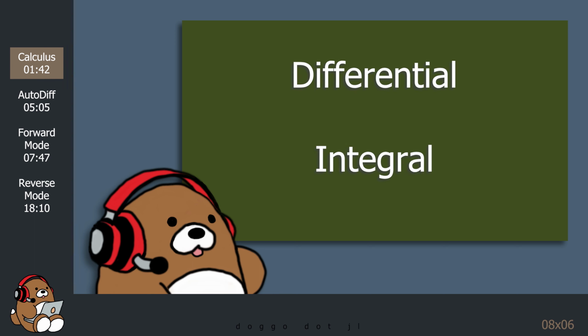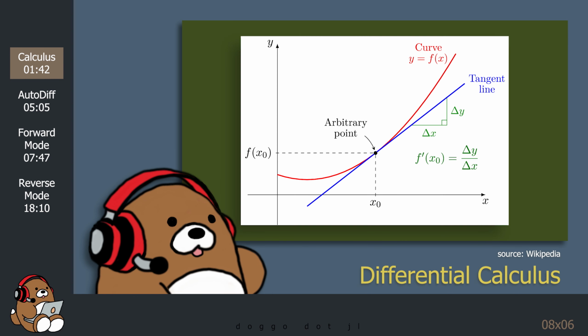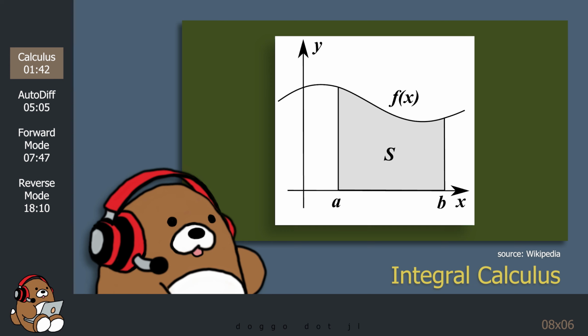There are two main branches of modern calculus, known as differential calculus and integral calculus. I'll be covering differential calculus in this tutorial, and I'll cover integral calculus in the next tutorial. Differential calculus is about instantaneous rates of change and the slopes of curves, while integral calculus is about accumulation of quantities and areas under or between curves.